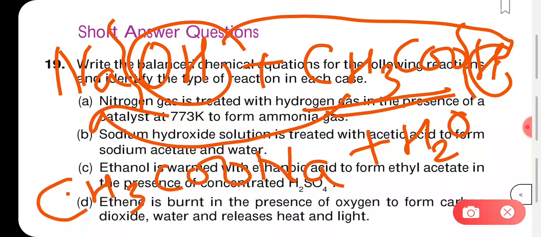Fine. Now coming to type of reaction, which type of reaction it is? As you see here, there is a displacement taking place, right? OH moving to H forming water, and CH3CO is going along with Na, right? So there is a displacement and it is taking place in both, right? In both the reactants there is a displacement taking place, so we call it as a double displacement reaction.